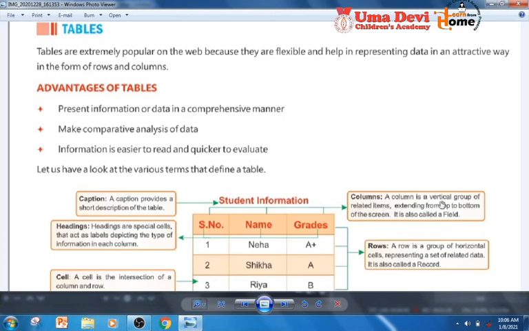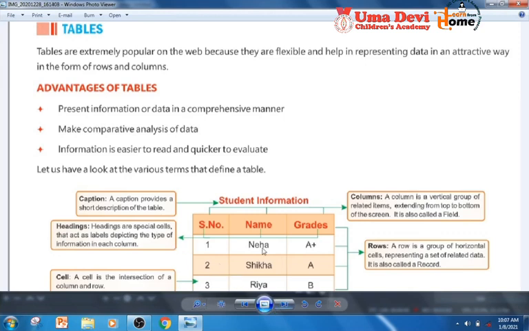A column is a vertical group of related items extending from top to bottom of the screen. It is also called a field. These are the columns. Next is rows. A row is a group of horizontal cells representing a set of related data. It is also called a record. Look at here, it is a row. So this is also called a record.